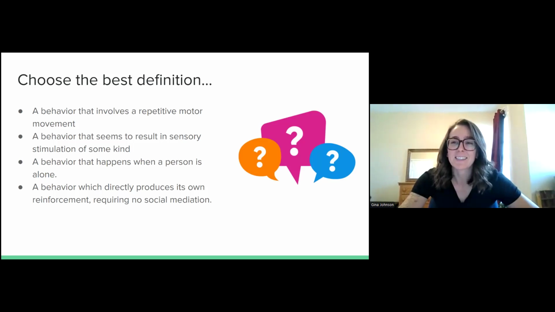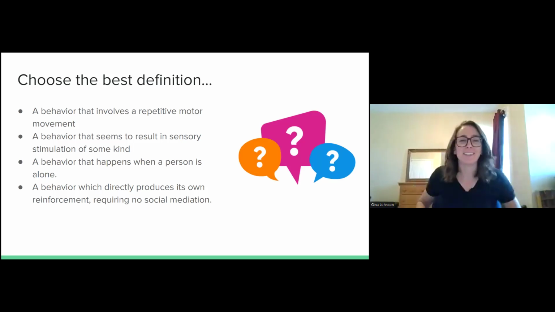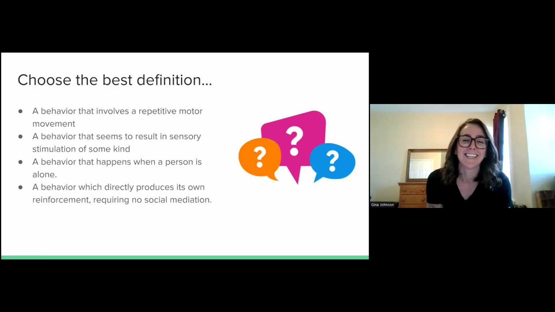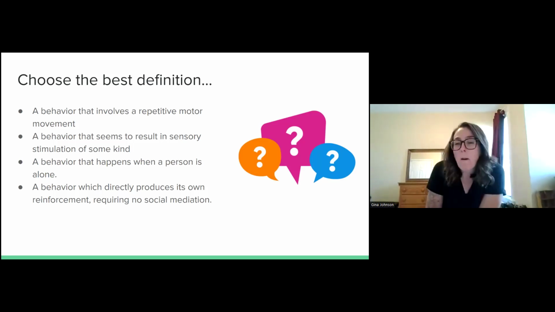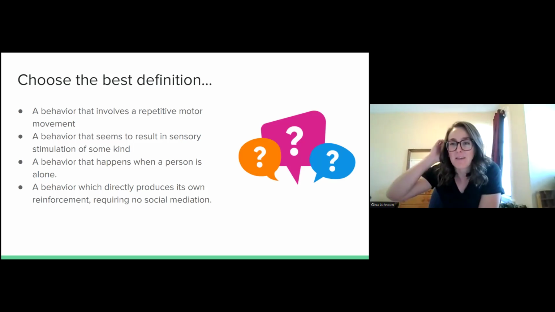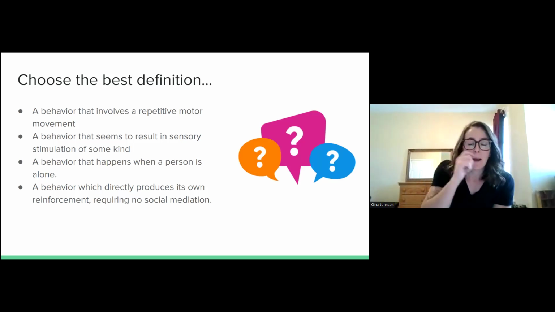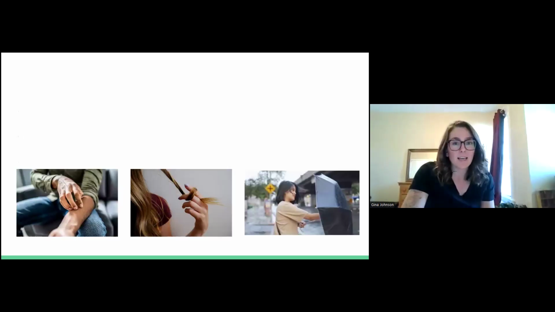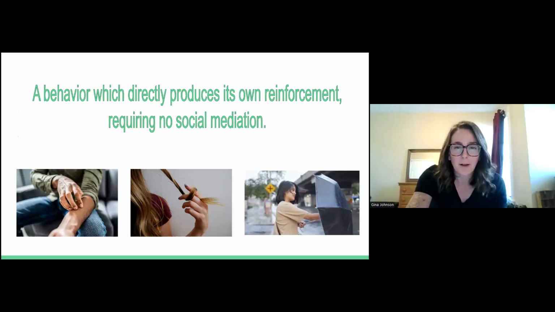Nice. This is exactly what I wanted. I wanted confusion to ensue. No, I wanted to find out. So these are all possible definitions of an automatically maintained behavior. When we talk about these, it's hard to pin down what we're talking about, right? So what we're going to proceed using, drum roll, is number 4.